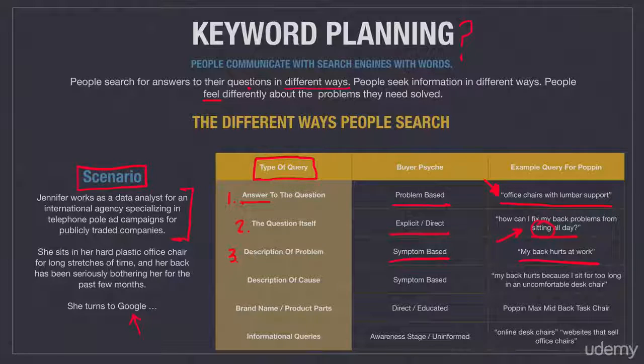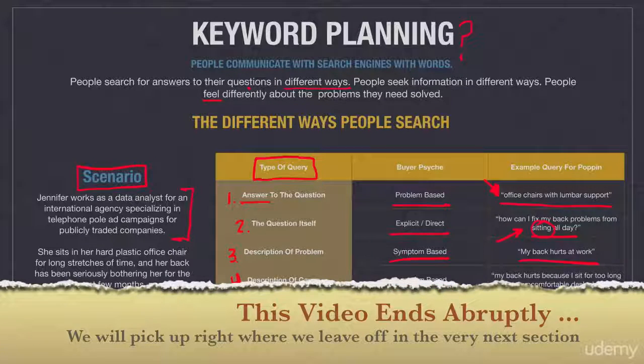The fourth way is the description of the cause, which is really kind of the opposite of the description of the problem, but it's still symptom-based. It's still focusing on the symptoms from a general perspective. So description of cause: my back hurts because I sit for too long in an uncomfortable office chair. So in our scenario, this part of the query, the fact that she